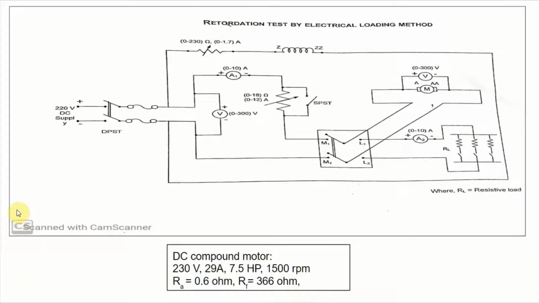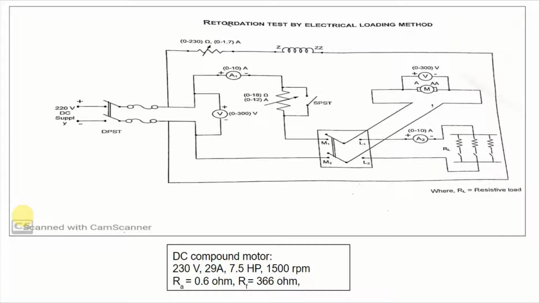So this is the circuit diagram of this experimental setup. Before explaining the circuit diagram, we will look into the theory part. Now there are two approaches to conducting this test. In one approach, if the supply is cut off and the field remains normally excited, then the motor slows down gradually and then stops. Whatever kinetic energy is present in the armature of the DC machine will be used to meet the friction, windage and iron loss.